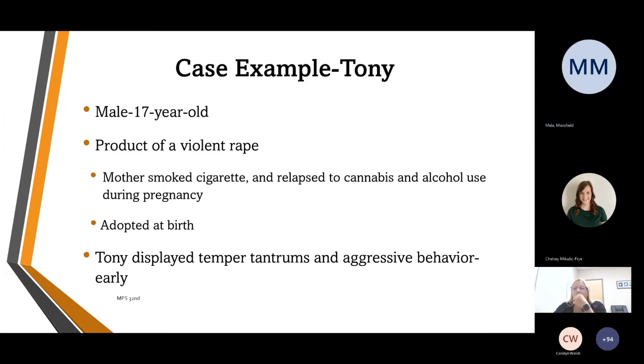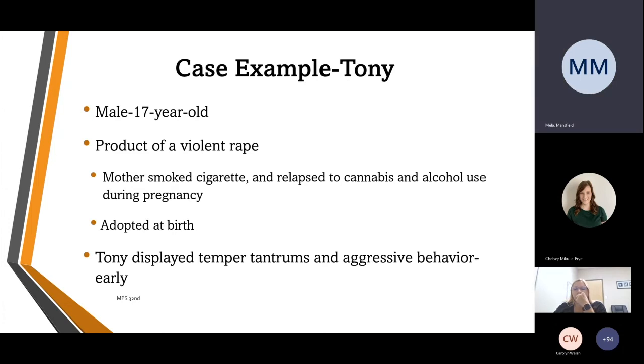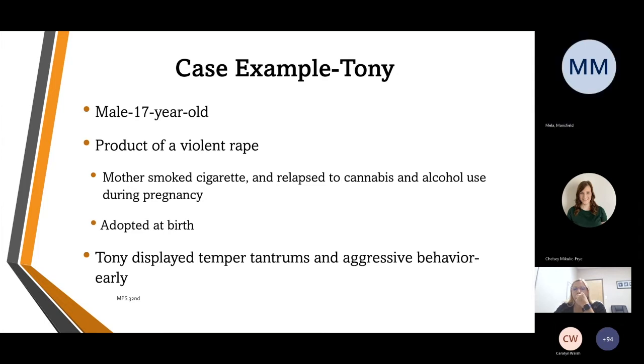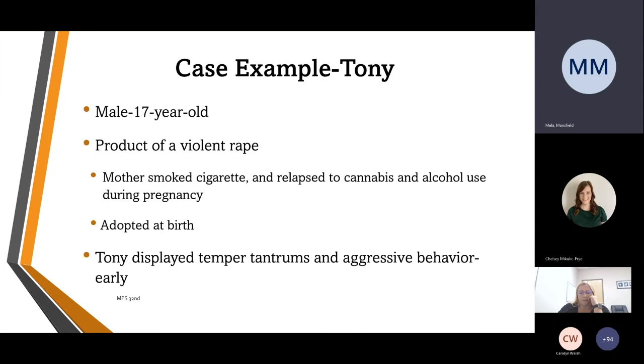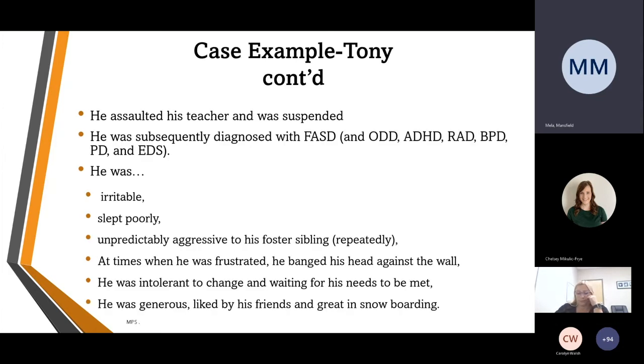Following birth, Tony's mother couldn't look after Tony, and Tony was adopted. Consequently, Tony's growth in childhood was characterized by significant temper tantrums and early aggressive behavior, and in this instance, Tony had assaulted his teacher and was suspended from school. During the process, the adopted parents sought to uncover what problems Tony had. And part of that investigation led to him being diagnosed with fetal alcohol spectrum disorder according to the Canadian guidelines,